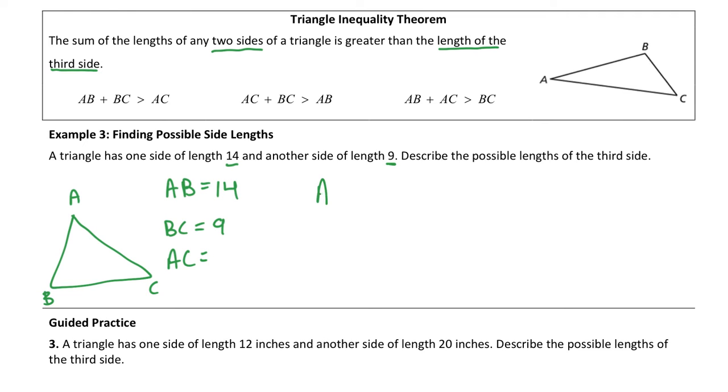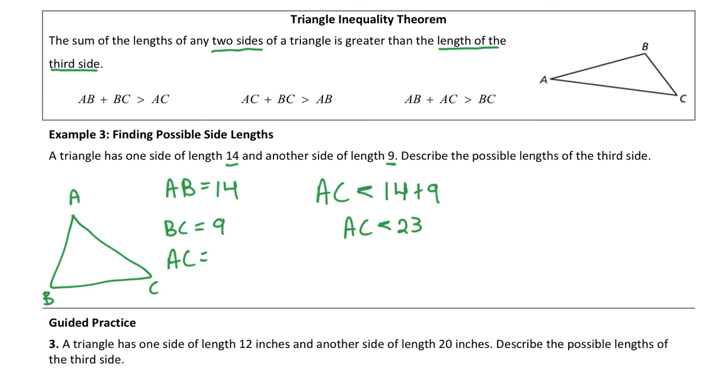So AC needs to be less than the sum of 14 and 9. So that means that AC has to be less than 23. Okay, AC has to be less than 23. That's one possibility. The other possibility, if AC is the shortest side, that makes 14 the longest side, which means